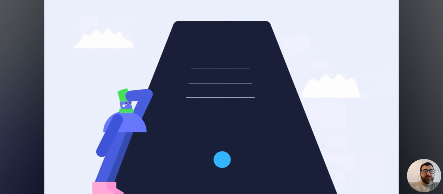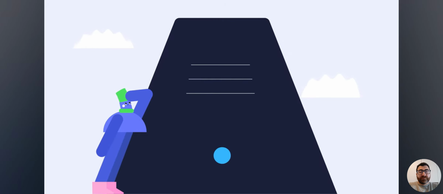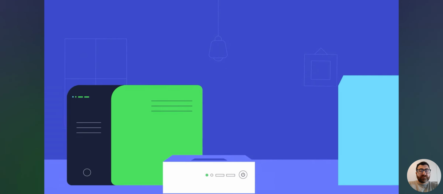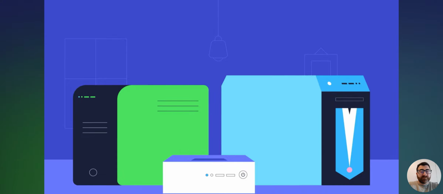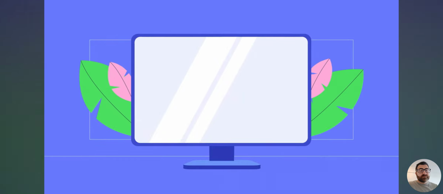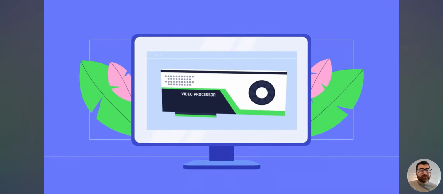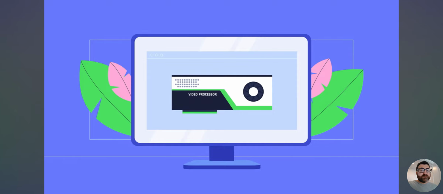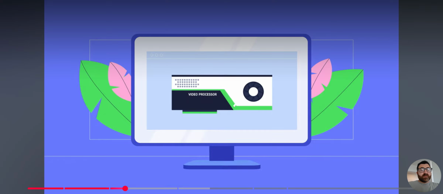To view things on your computer, you'll need a monitor. The monitor uses the video processor inside your computer case to display images, text, and other content. Most monitors